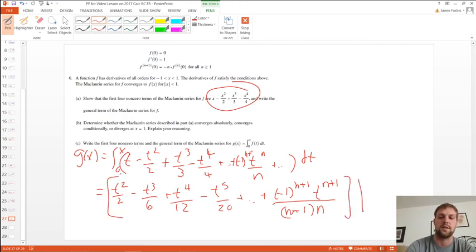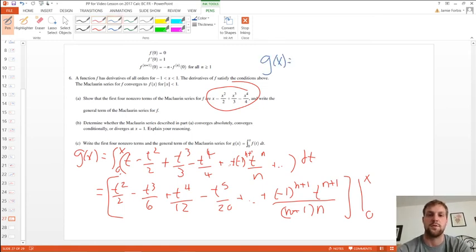And we're going to plug 0 and x into that, and really plugging 0 into that's going to cancel everything out, so it's just going to plug x. So let's write the final answer at the top here. G of x is equal to